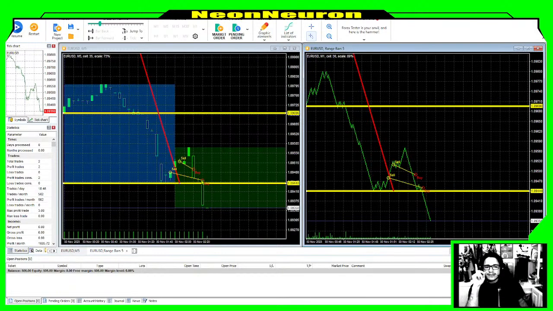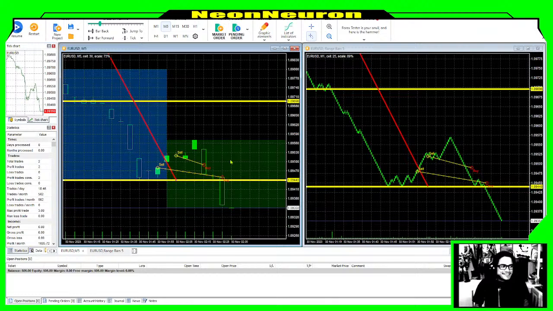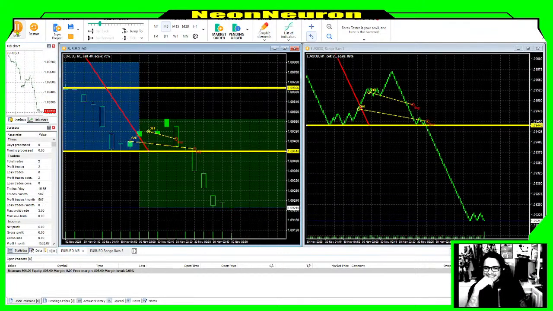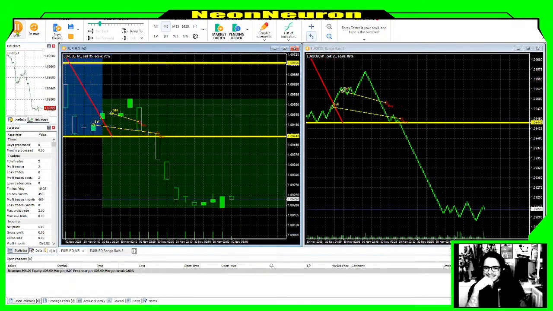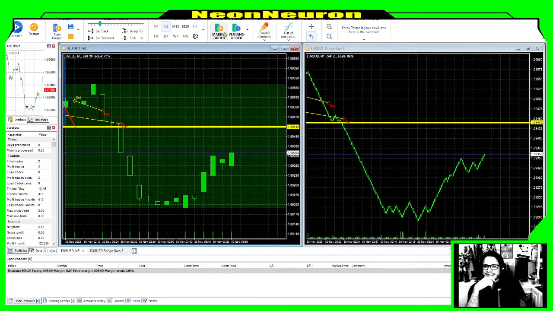Okay, so this is what we're supposed to do. When it breaks a new level, we have to wait for it to test support. So we're going to wait for it to come back, and then we'll start selling again. All right, I think one thing left to do, and that's just to go for it. So let's push play. Okay, we're waiting for the retest. Resistance, here it goes. Coming up. Okay, let's start selling.